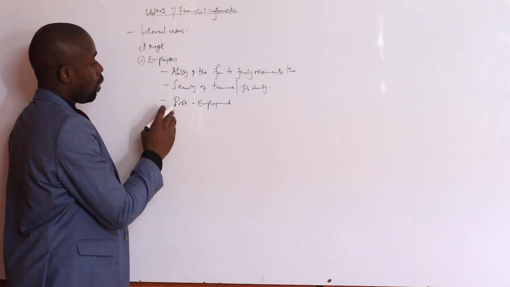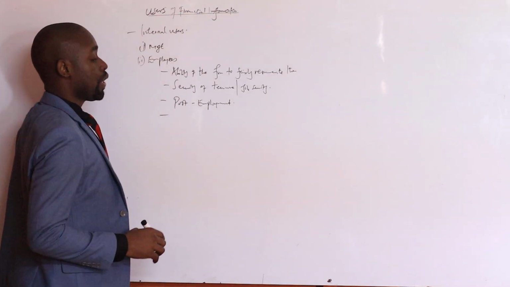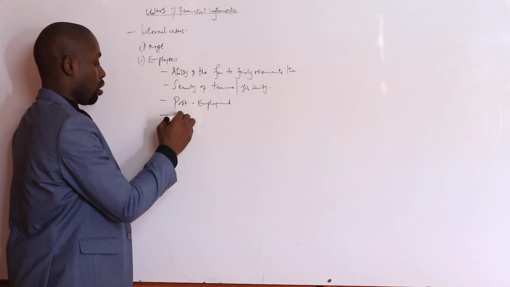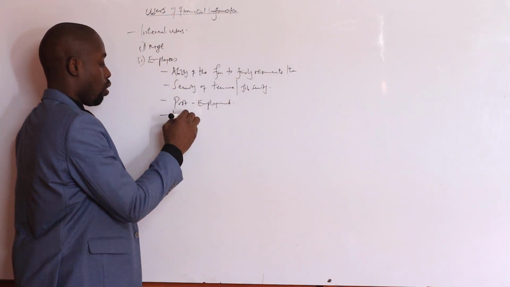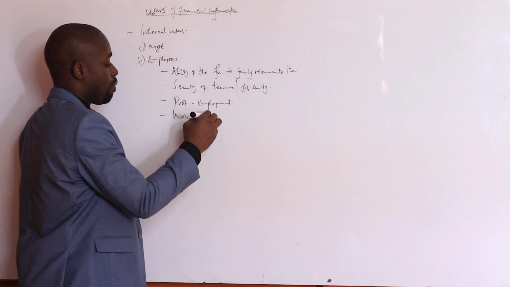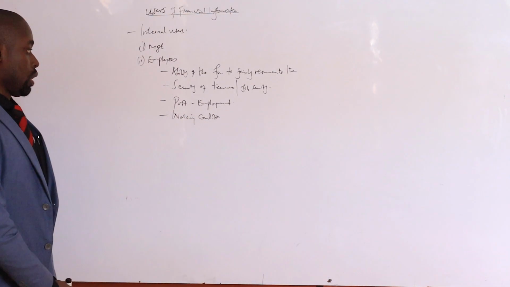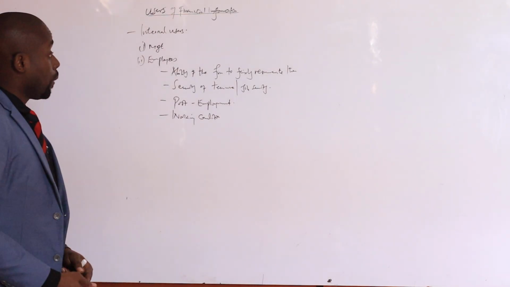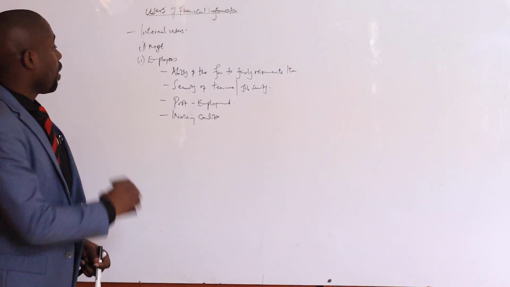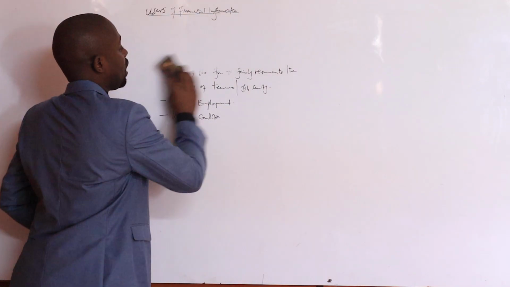I'll talk of one more in terms of security or safety: working conditions, the best word to use. Is the company able to provide a conducive work environment or not? So that's another area of interest to an employee. Those are the main needs of an employee as one of the internal